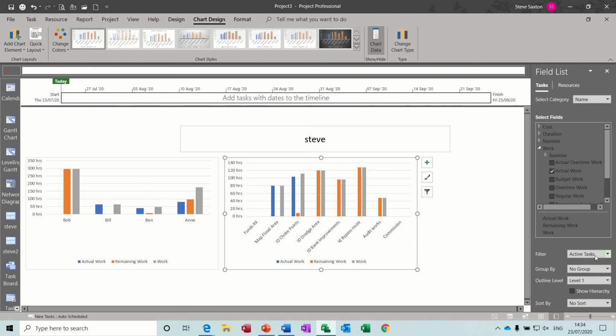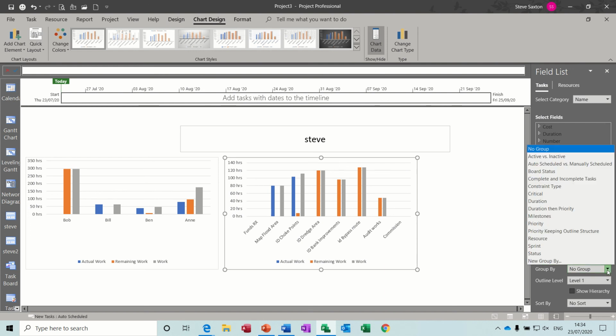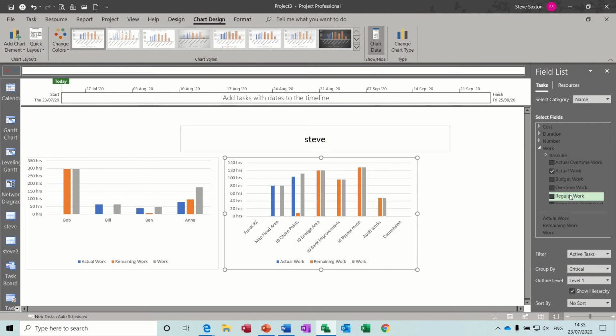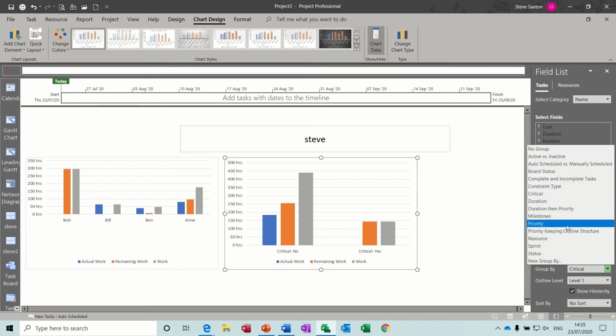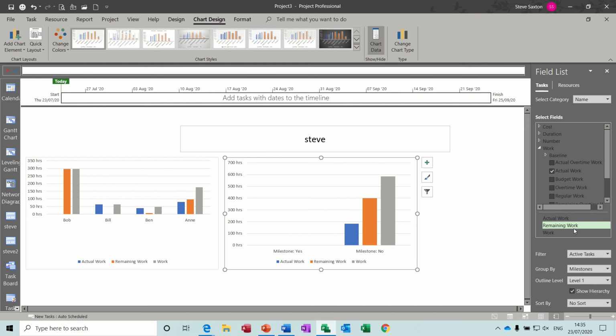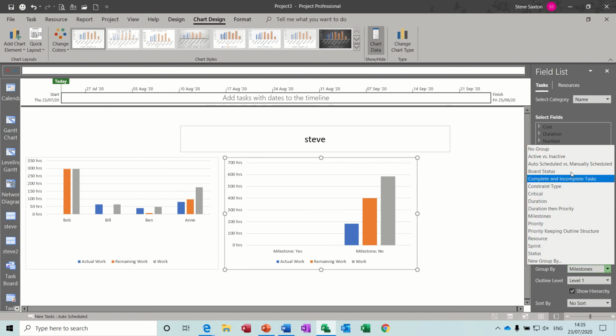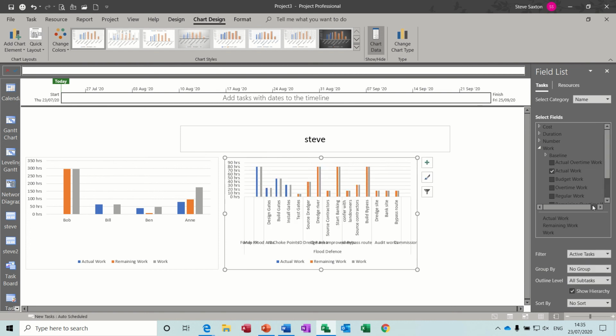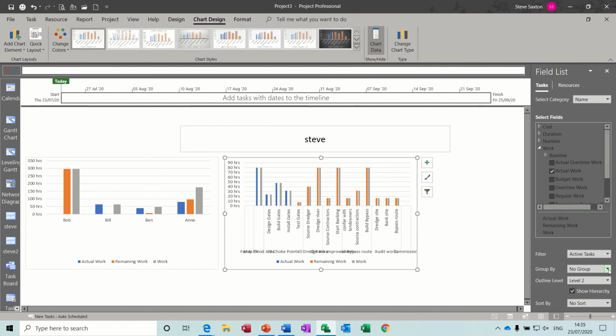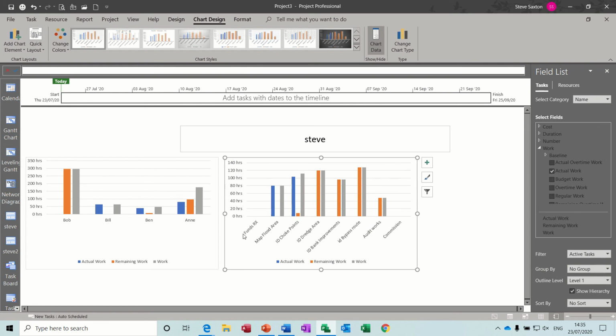So at the moment down there you've got all active tasks. It's not grouped by anything. You've got different groups, look, critical, non-critical. These are all sort of filters you can put on. Milestones, no milestones, and all no groups. That's everything. You've got level 1. If I put all subtasks, that's everything. If I put level 2, so level 1 is what it was on, so it looks okay. Level 1 does. So what I've got there, work